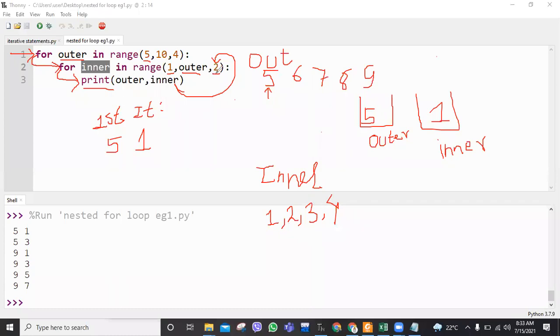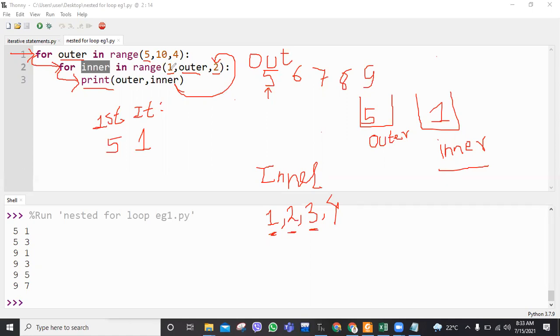And as you can see, the step value is 2. Initially, the inner variable was initialized with the value 1. Since the step value is 2, it will be incremented by 2, that is 1 plus 2 will be 3. From here you can notice it will skip 2. This value is skipped, and this value is taken into consideration, that is 3. In the simplest way, the third parameter is used for the incrementation or decrementation process.